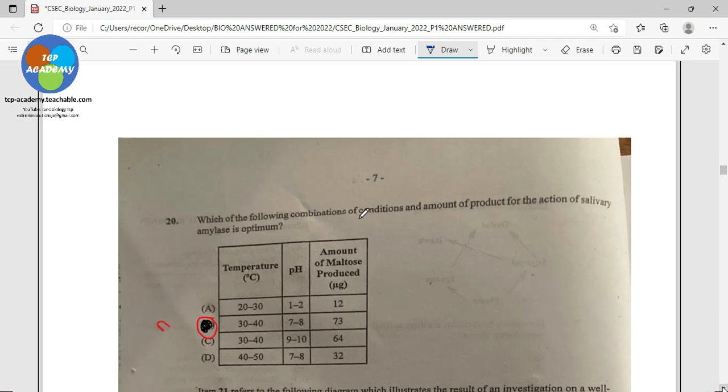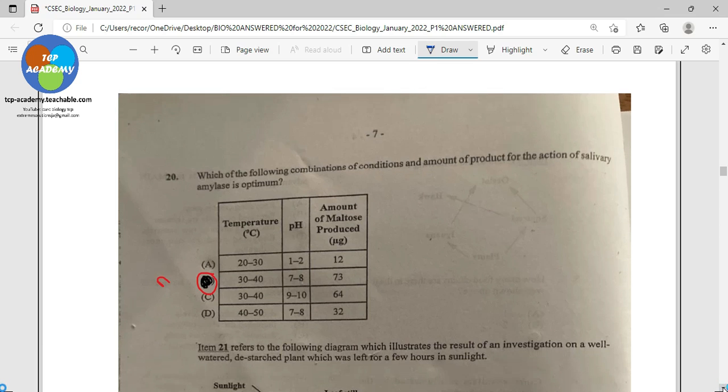And we are moving on. This is another new question, and it reads number 20. Which of the following combinations of conditions and amount of product